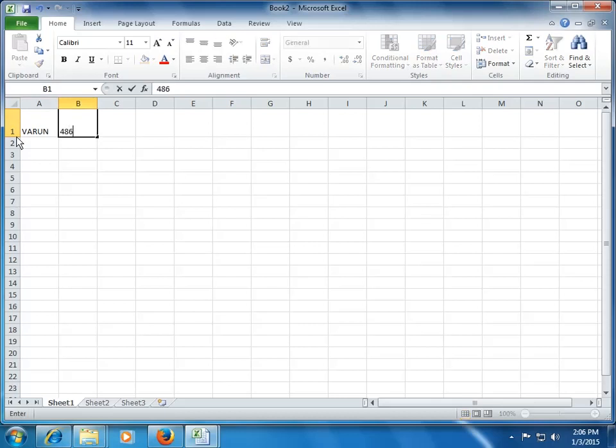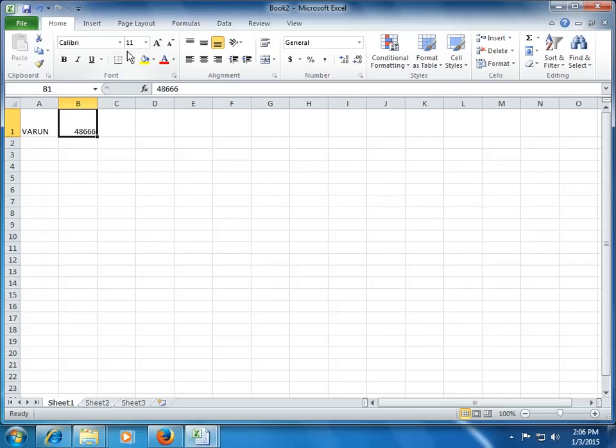Similarly, if I write a number, you can see that it's aligned on the bottom right. So this is the default formatting or alignment of the Excel. You can see that the font color has been taken as black and currently the size is 11. Right? This is the default formatting which this Excel sheet is taking. Now let's see what all formatting can we do with the Excel.